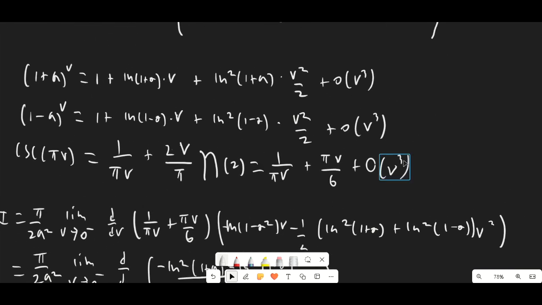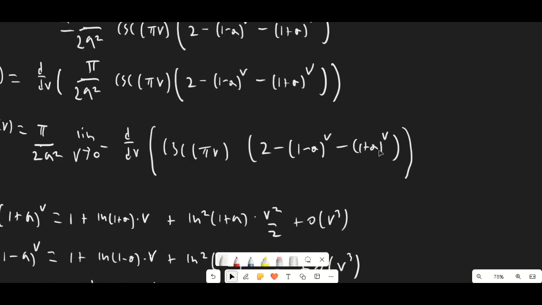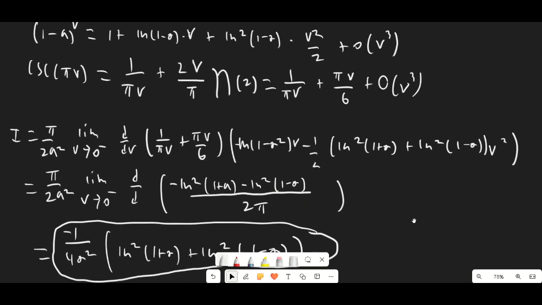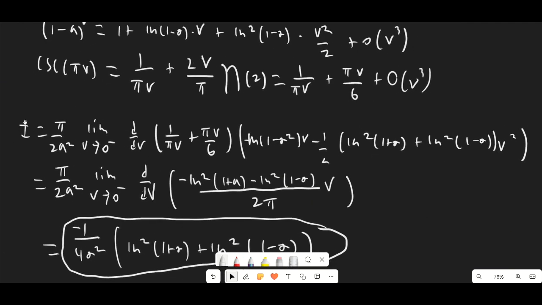And the reason I'm ignoring anything on the order of v cubed and above is because, again, we have a first order 0 here, a first order 0 here, so anything above the order of v squared is really not going to be important, because we would probably only have to use L'Hospital's rule once or twice in order to evaluate this. So when we go ahead and plug everything in, we get pi over 2a squared times the limit